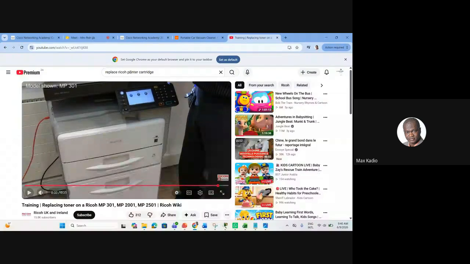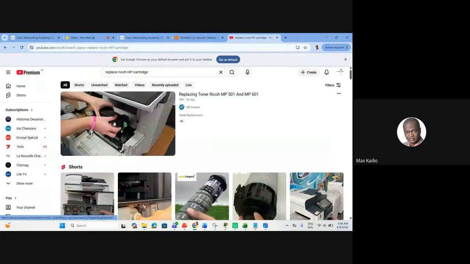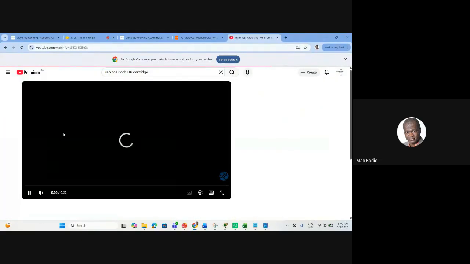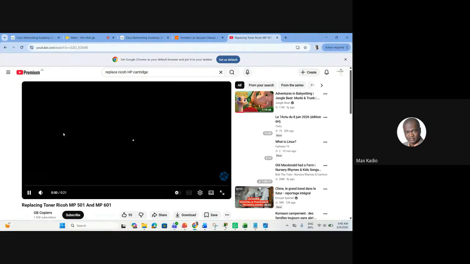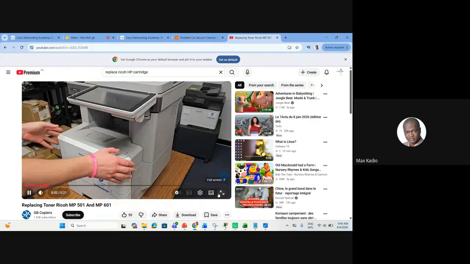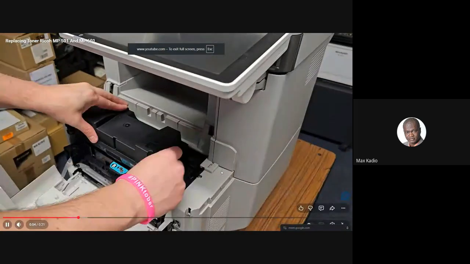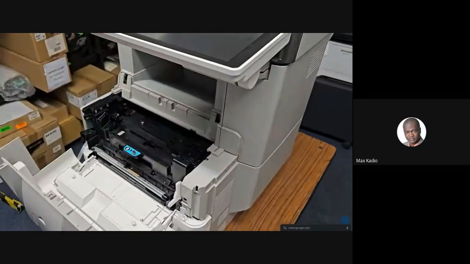If it's HP, if I go to the HP printer, you can also specify your printer model to make sure that what you're doing is exactly what needs to be done, because each printer has its own way.